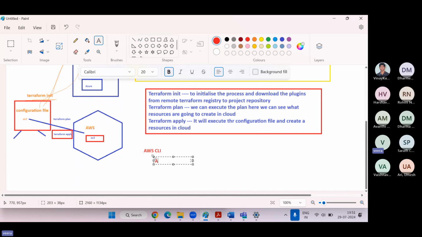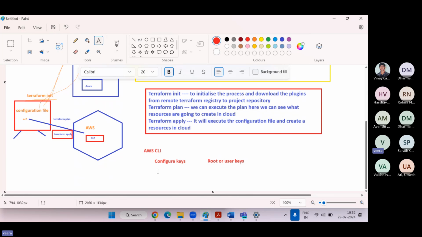So by configuring AWS CLI, we have to configure keys on your local machine. These can be root keys or user keys. Root keys mean any service can be created using the configuration file inside AWS. User keys mean the user can create only those resources for which permissions were given. We can configure root keys or user keys. I hope you already configured the keys during the CLI practice, so no need to change anything.